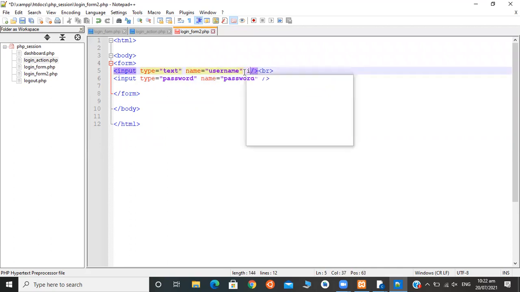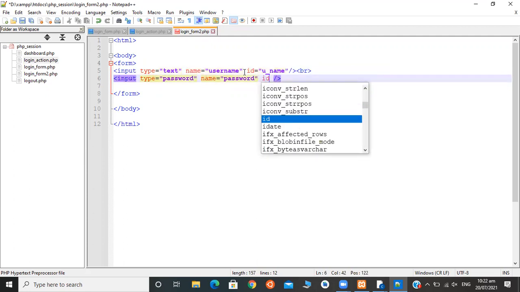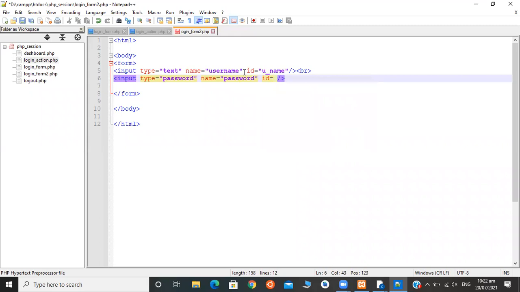One more attribute is ID. We can give it here, username, and your IDs. Then again, we'll go to the next line. This is the tag in HTML for the next line.